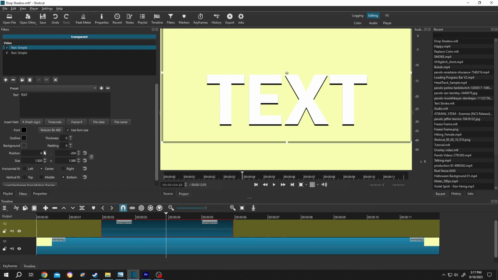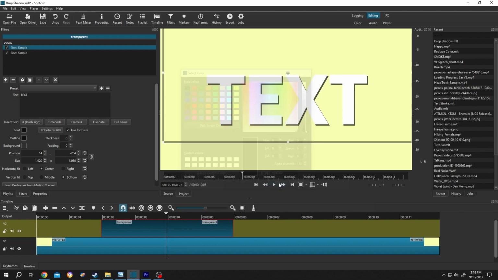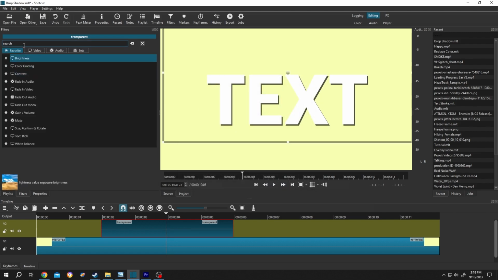Now move to the left side, same. Now the shadow is too harsh. To make it soft, click on the font color, change the alpha channel from 255 to like 170, then press on OK. Now to make it soft, click on this plus icon again, then search for blur,